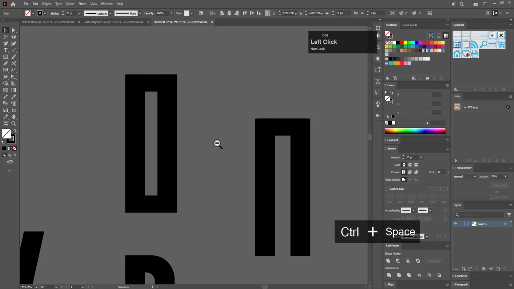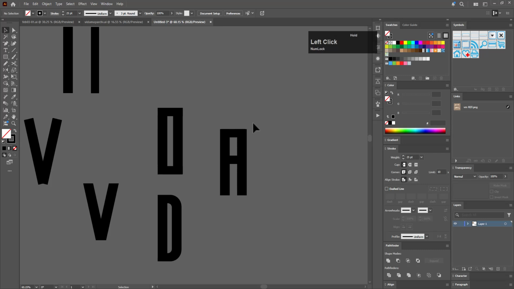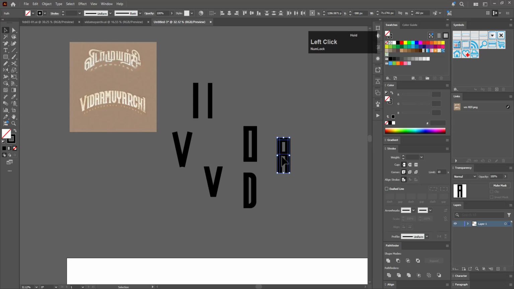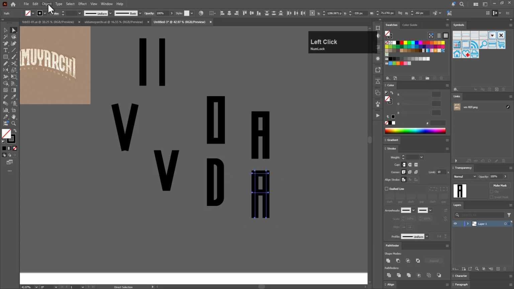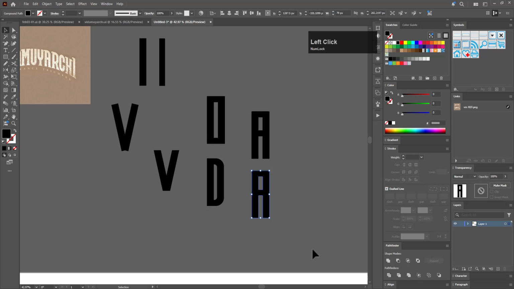Maybe let's just keep it this way and select this, hold Alt and bring it here, something around here, and select all of this with EA, direct selection tool, and just move this inside so that there could be less of this width, and then hold Alt and bring it here and select all of this. Go to object, path and outline stroke, and then let's merge this with unite,